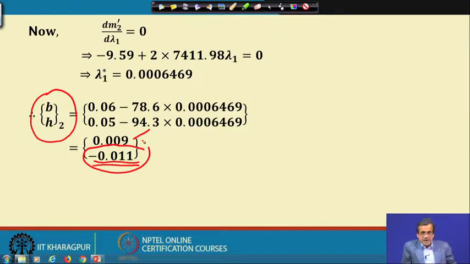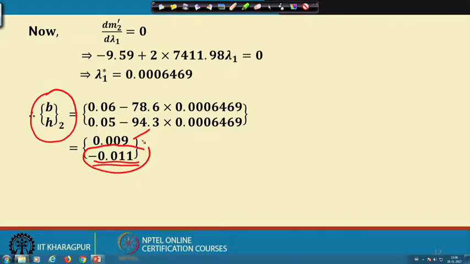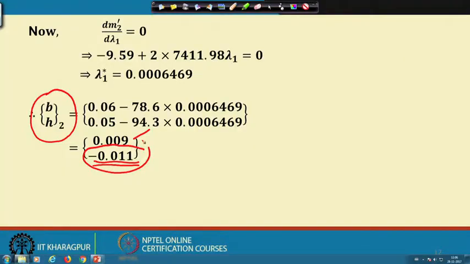Supposing that we are solving an optimization problem having say two variables like b and h, there is a possibility that there could be